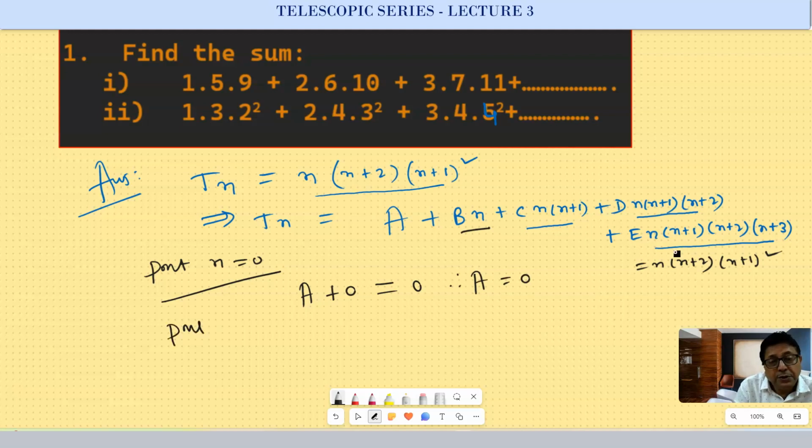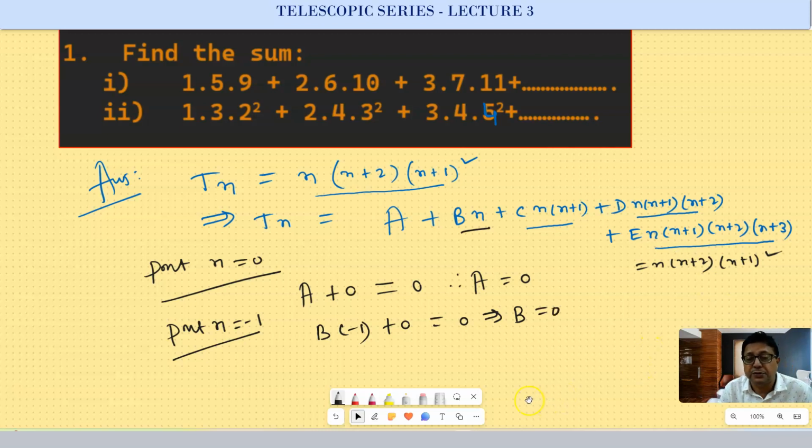Now put n equal to minus 1. If you put n equal to minus 1, this left side A is 0. So B into minus 1 plus remaining terms are all 0, equal to the right hand side, which is 0. This implies B is also equal to 0. Alright. Now for finding the value of C, put